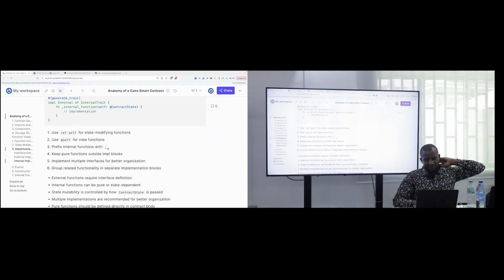One of the things about internal functions is that it is conventional; there will be no error if you do not preface it with an underscore. But it is conventional to always preface your internal function with an underscore. So keep pure functions outside of the implementation block. If you have a pure function that is not doing anything to state,